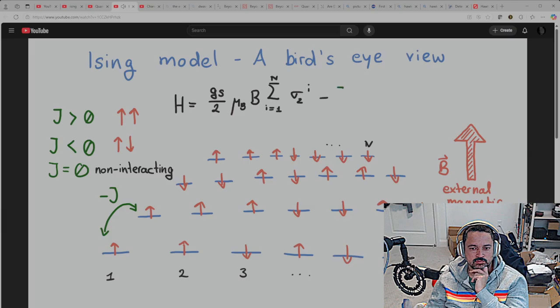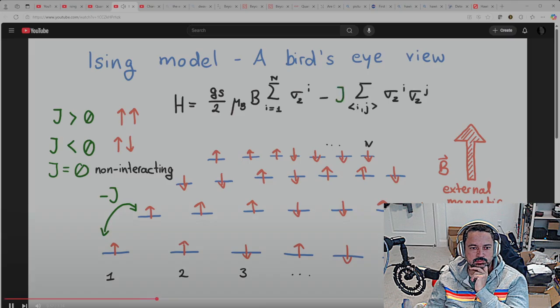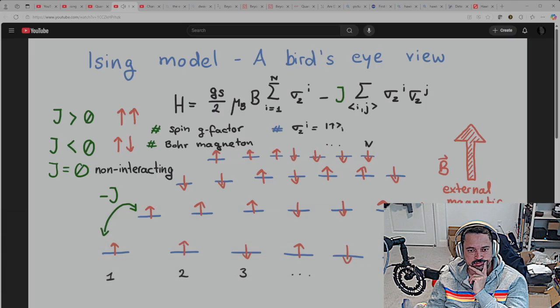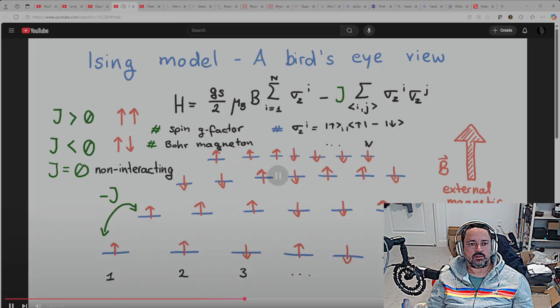The system can be described in terms of this Hamiltonian. The first term corresponds to the system coupling to an external magnetic field, B. We rotate our point of view so that the B field points in the Z direction. g_S and μ_B are just numeric factors. If you want to find out more, they are called the spin g-factor and Bohr magneton. Note that the Hilbert space is spanned by states of all possible combinations of spins up and down at each site. Therefore, the Pauli matrix sigma z i reads up